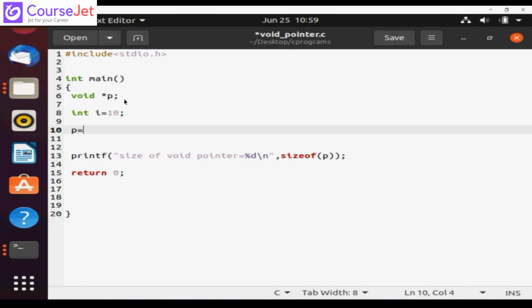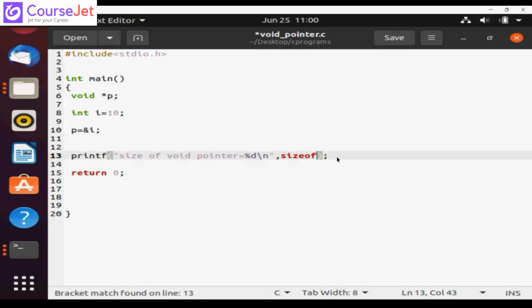So p is equal to address of i. Now my void pointer is pointing to an integer, so the same thing I will have to say, but now my void pointer is an integer pointer. So we will simply remove this and say that now this is pointing to an